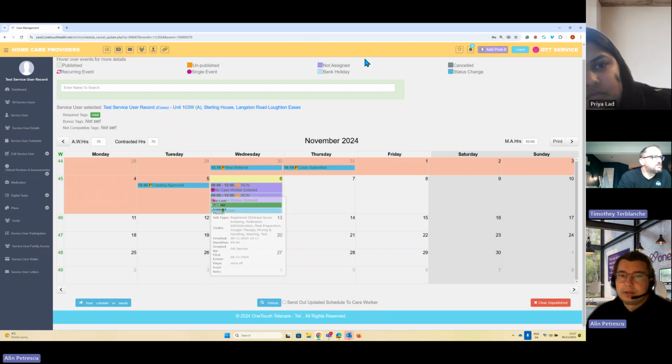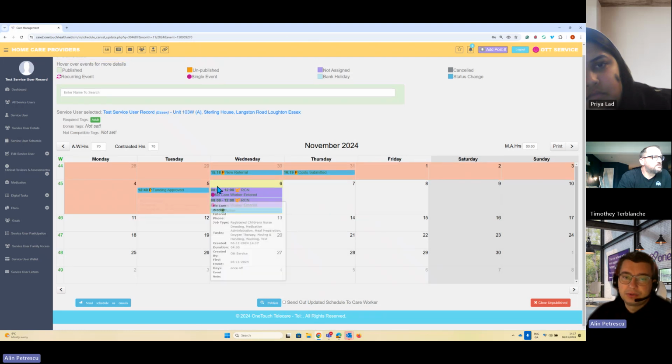They are showing that they're not assigned, so they're showing in this purple. They're showing me the time. They're showing me that there is a double up because they have the same timing over there. It's showing me the job type that I've put it on, and is giving me the information that there's no